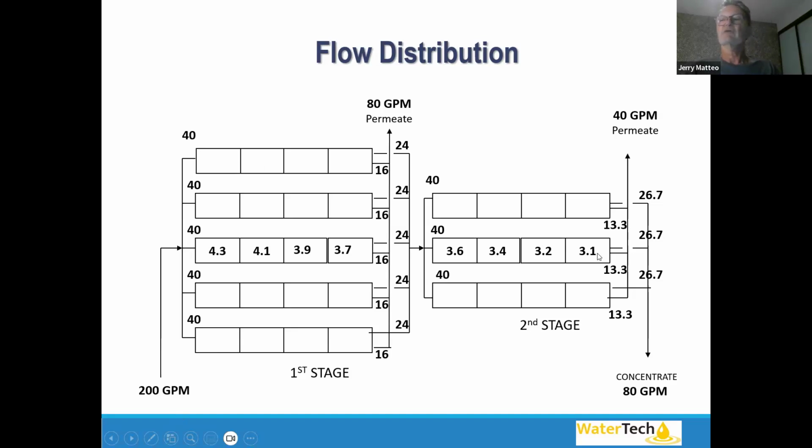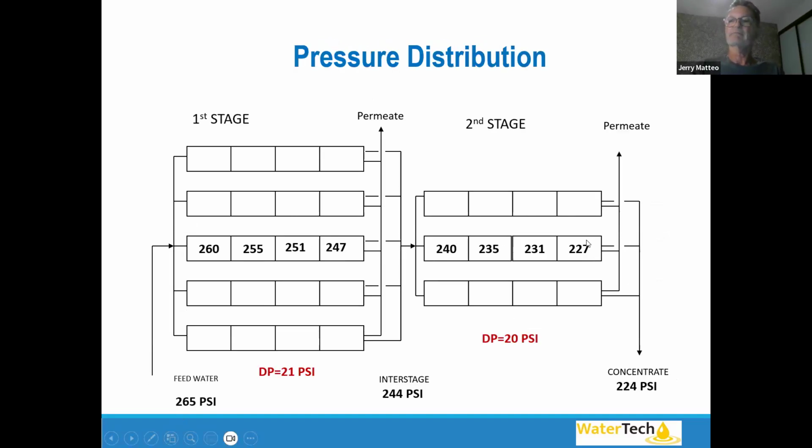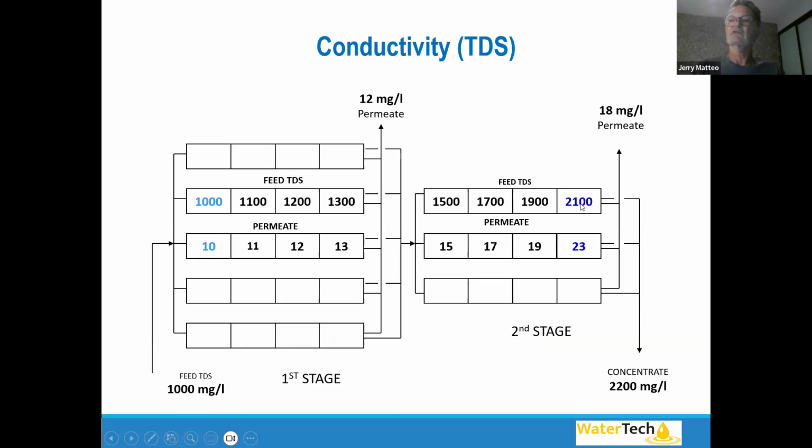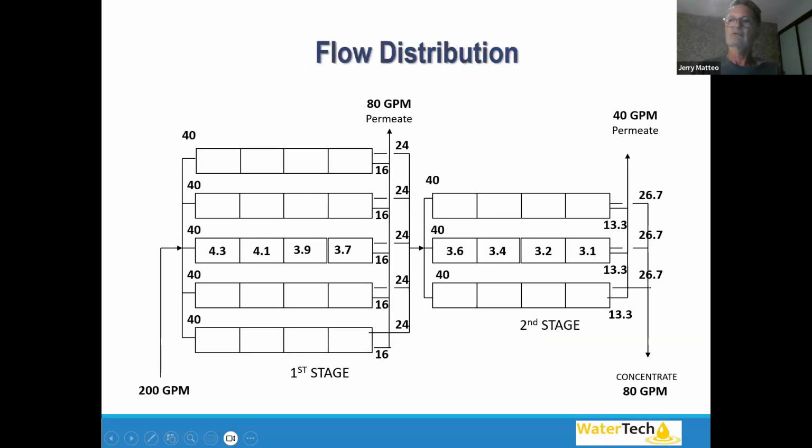My last membrane way over here on my second stage only makes 3 gallons a minute because I've got less driving pressure, right? Because of pressure drop, and I've got higher dissolved solids, if that makes sense. It's a lot to absorb, but this is the way it works. That's why the whole title was pressure to purity, because it's all about pressure. Pressure overcoming the osmotic pressure that is a function of the concentration of dissolved solids